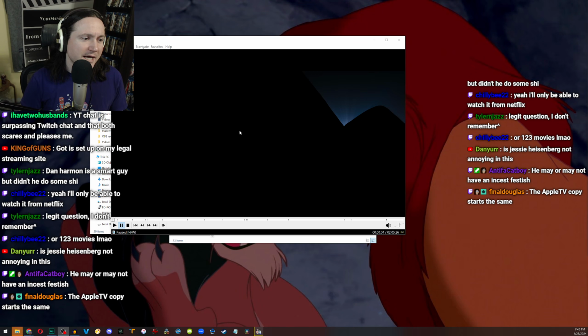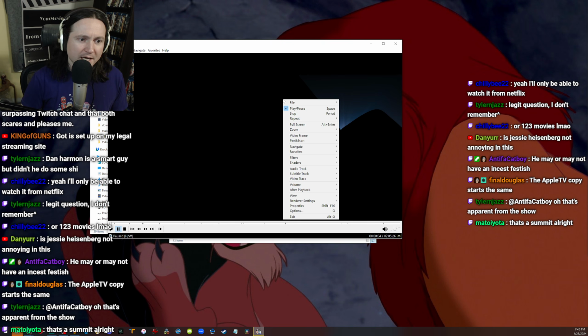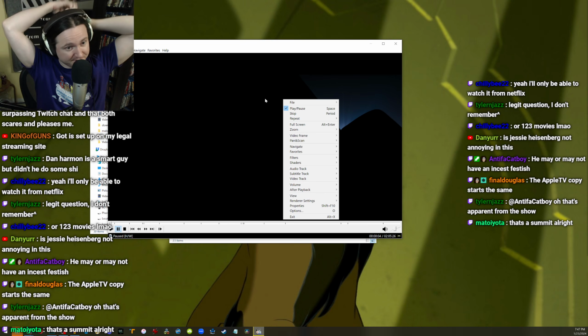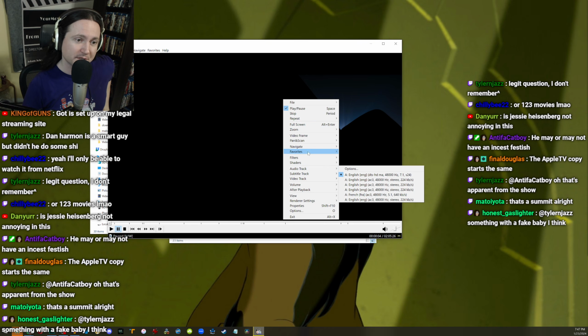All right, so this is the Now You See Me Blu-ray. You have an actual Blu-ray open right now? Yeah. I was going to use the file that I ripped, and I just assumed it was the longest one out of all of them. But for some reason, that's what it looked like in my ripping software too.